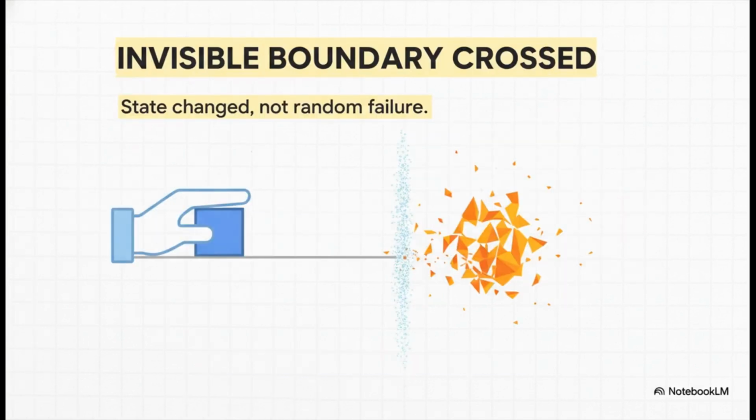So here's the big takeaway. The system didn't just randomly change the rules on you. What happened was you unknowingly pushed it past one of its invisible boundaries. It didn't really break. It just entered a completely different phase. And that's why it behaved in that surprising way.